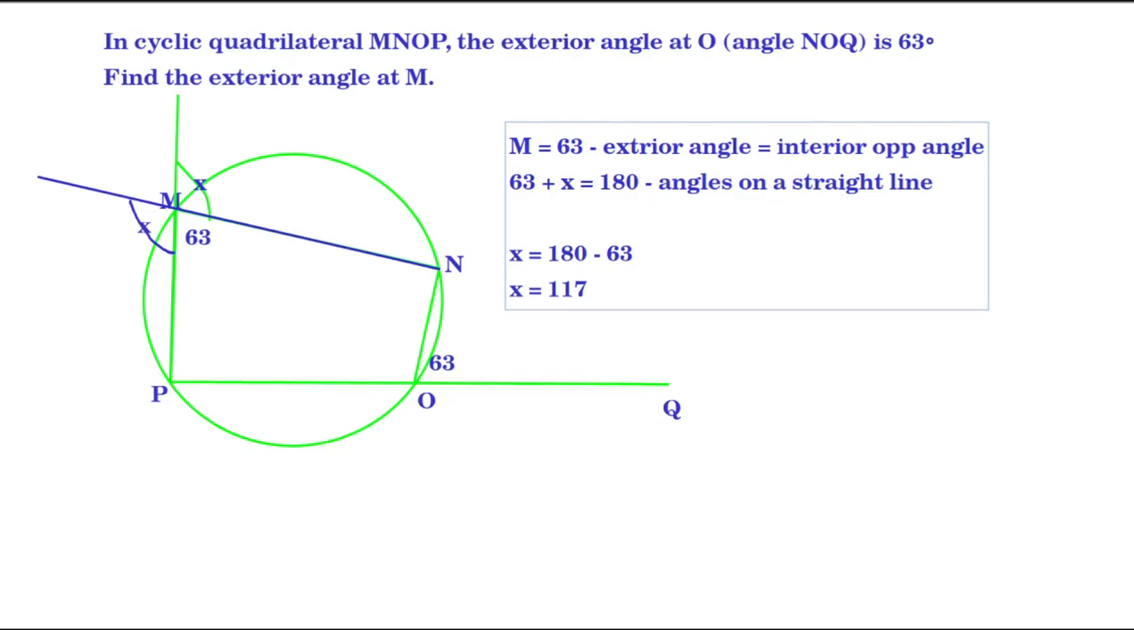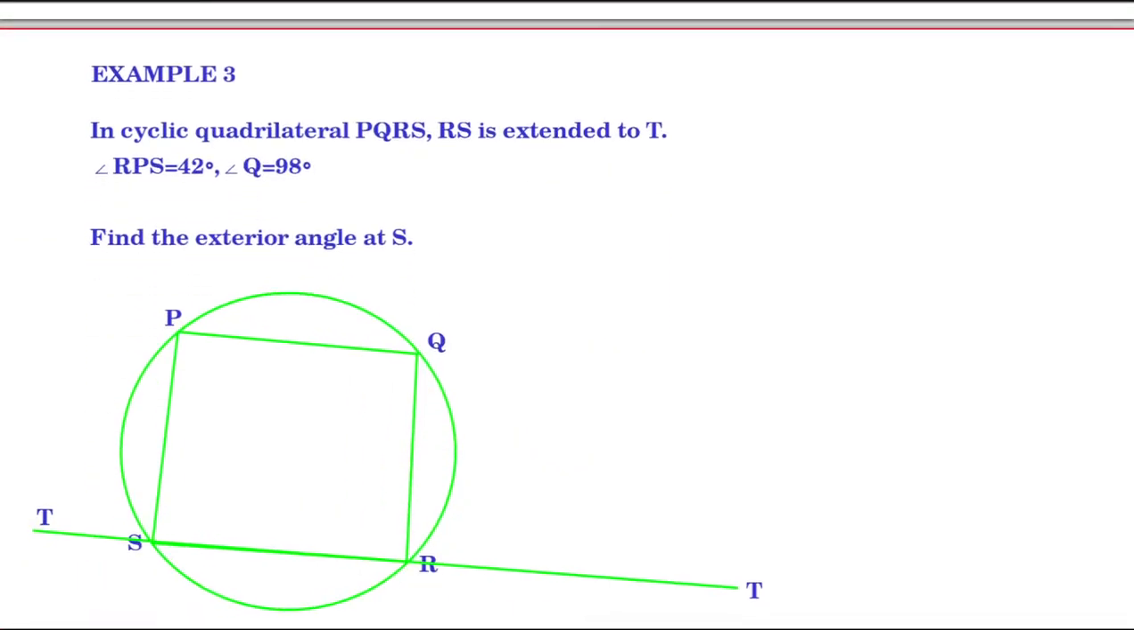Next example. Now in the cyclic quadrilateral PQRS, RS is extended to T. So if you extend RS to T, either go this way or that way. Now let's look at the question. Then you are told that RPS is 42. We're actually doing nothing with that angle there. I guess it's just a distractor. RPS, they are referring to this angle here. They are telling you that this is 42,